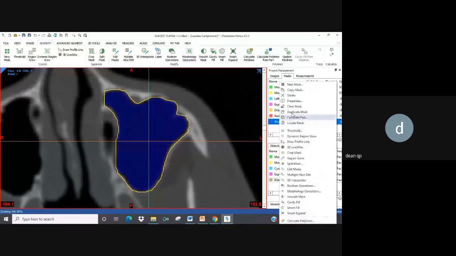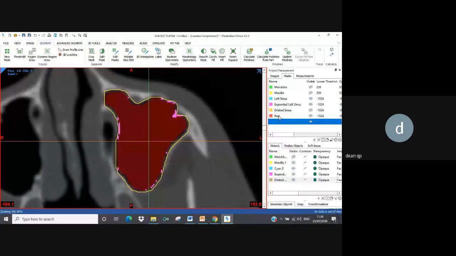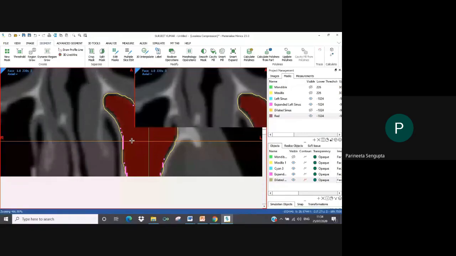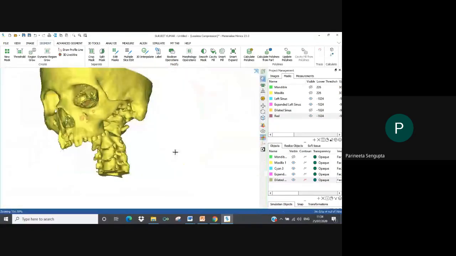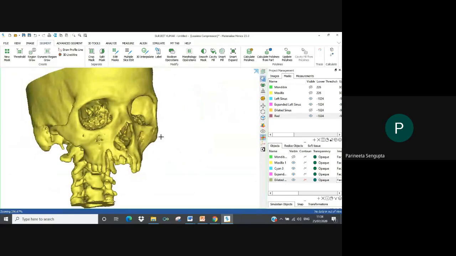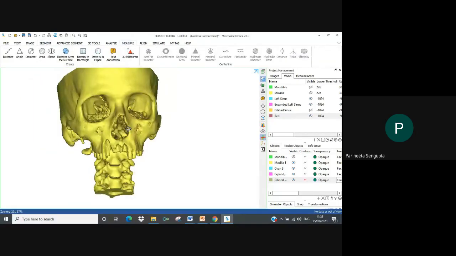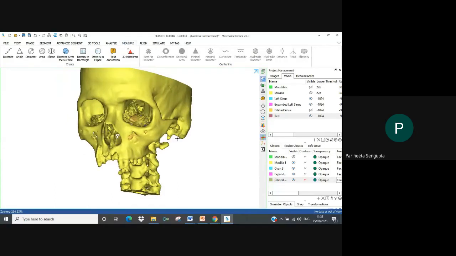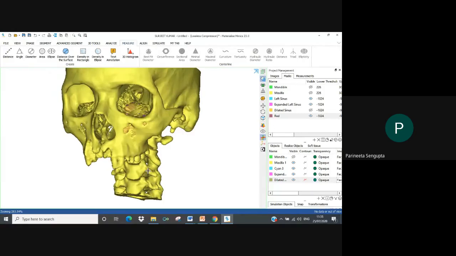So now if we need to calculate the volume of the maxillary sinus. Today I'll be introducing you to 3-matic as well. Mimics comes with a combination of the segmenting software and the designing software. So it is easier to measure using the 3-matic option. Otherwise, here you can just get the dimensions and the angle.